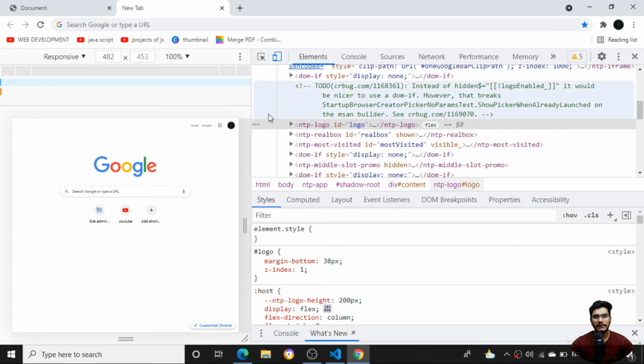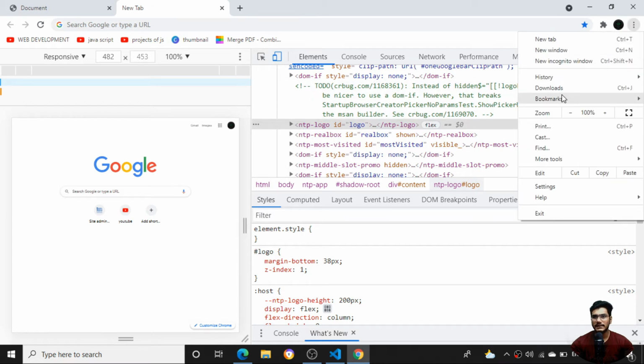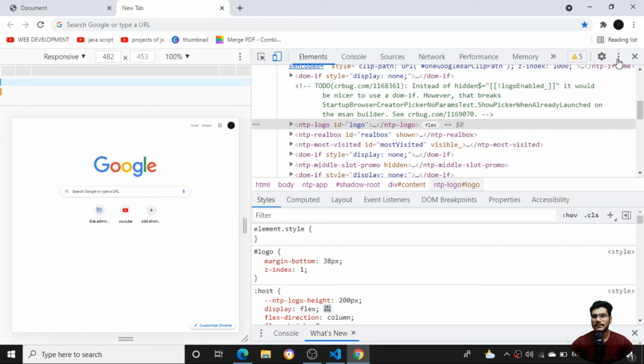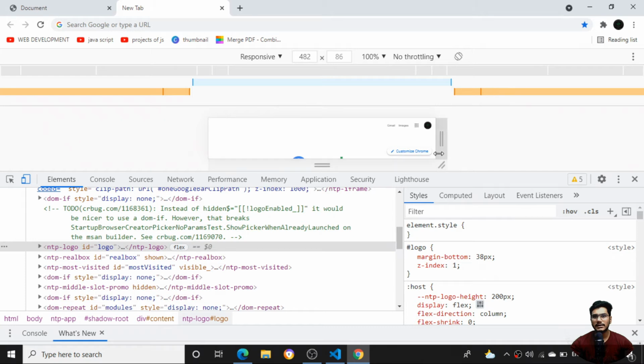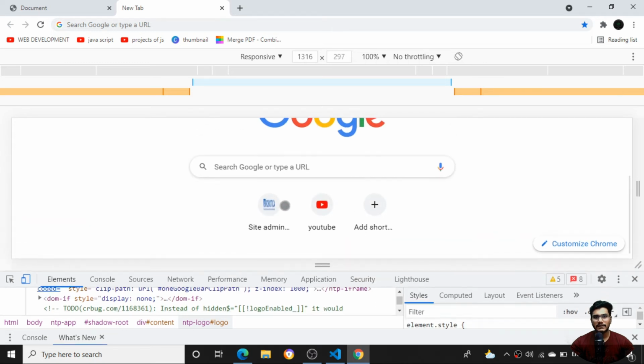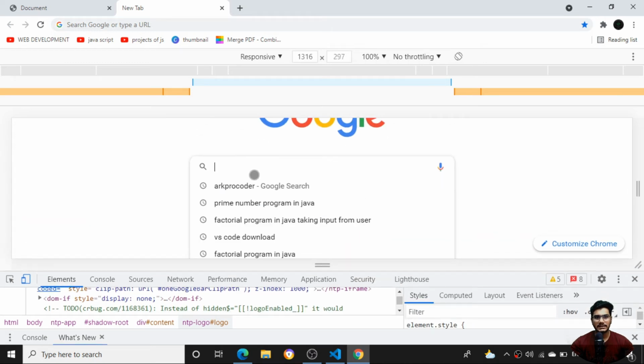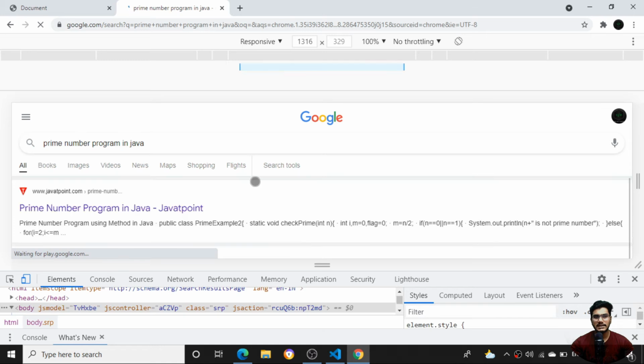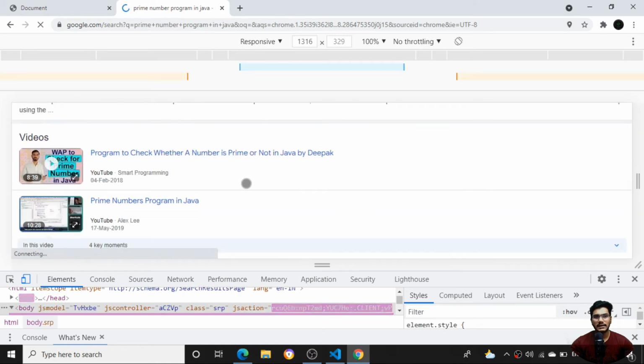If I am not having any scrolling, I open the same thing inside a particular width bar and make it responsive. The screen is a little bit low. If I search for something like prime number program in Java, I'm not having any scrolling over here.